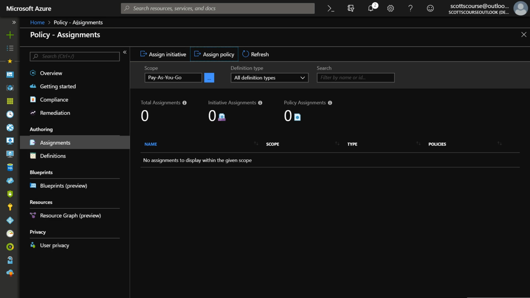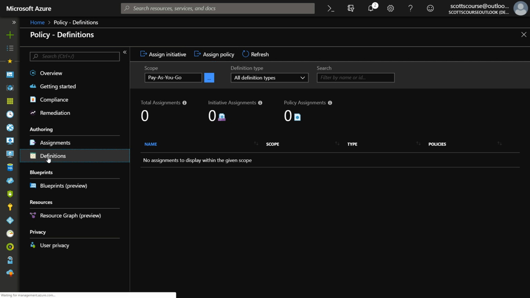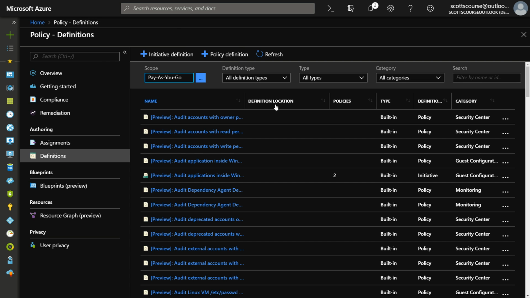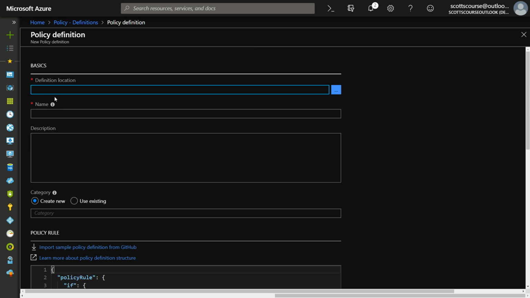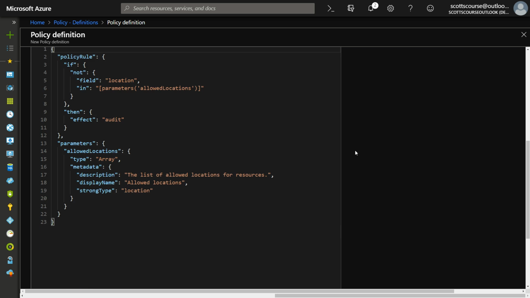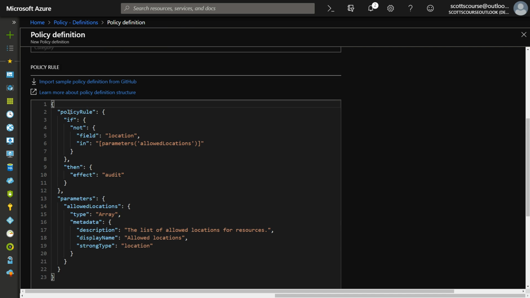Now, the other type of policy are your custom policies. If we go into definitions, we can see the built-in policies, and we saw in the last video that these are on GitHub, and we can actually copy the JSON from those. We can also create our own policies. So basically, if you scroll down, we can see the JSON definition of the policy rule. And the policy rule has sort of an if-then syntax. So if not location is in a field of array of allowed locations, then this becomes an audit, right? So we can sort of read this as being